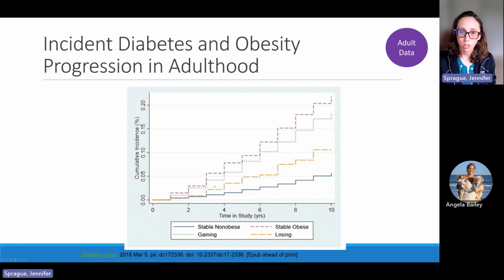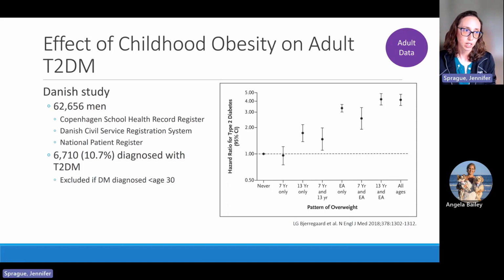And while it was only a small portion of patients who normalized their A1C, only about 1% of the population changed from obese to normal BMI over time, that did significantly decrease the incidence of diabetes. That's this yellow line. A similar study was done on Danish men, about 62,000 men who had been in the